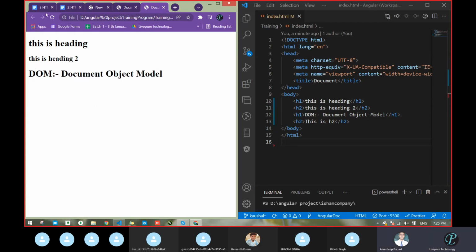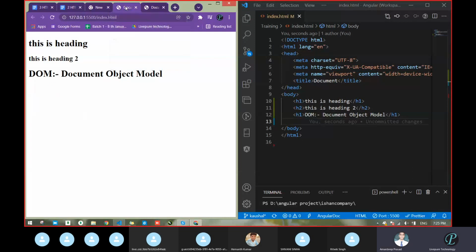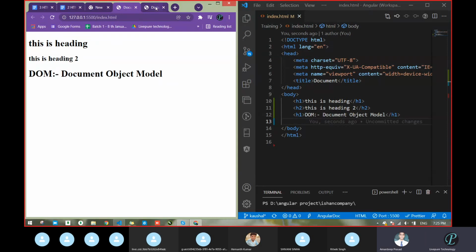Then how will we get this? Just refresh this icon, reload the page. See, we get that. Got my point? Yes. Now just remove this one. Let me verify this also. Remove and save. This is H2, it should not be available on the live server. See, the live server has dropped that one, that H2 is removed. But what about this one? Here it is still available because this is running on local. But when we reload, that will be gone.